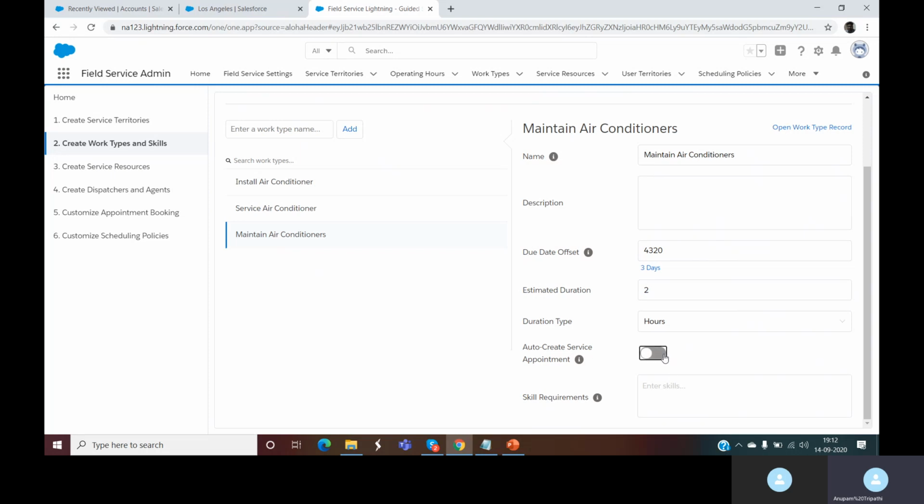I will check auto create service appointments, and as I don't have any skills for maintenance, I can add one.